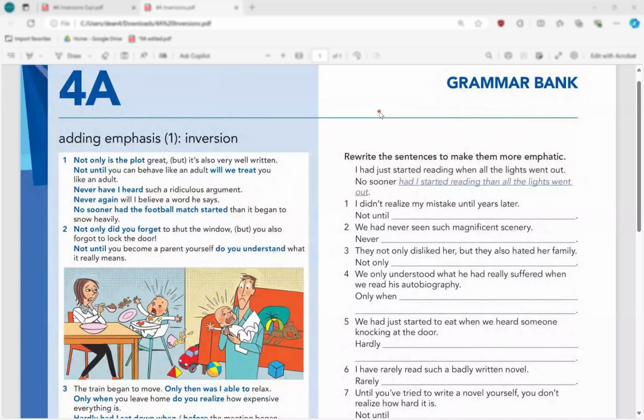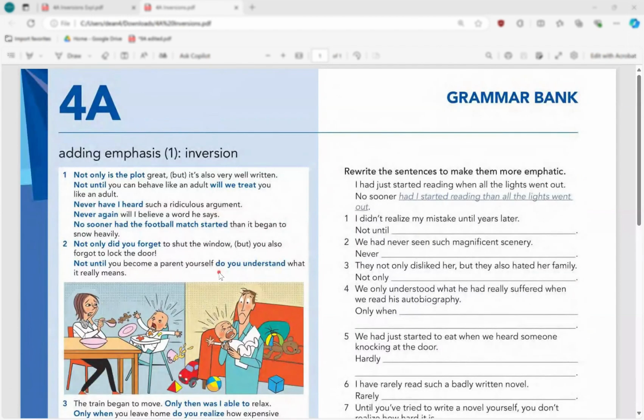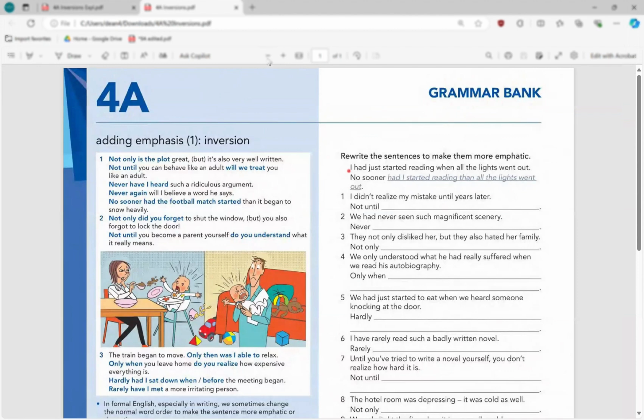All right, guys. So in this video, we're going to discuss something called inversion. This is advanced level. The book is English File and Grammar Bank, page 148. All right. So when you look at this page, you can see that they've divided